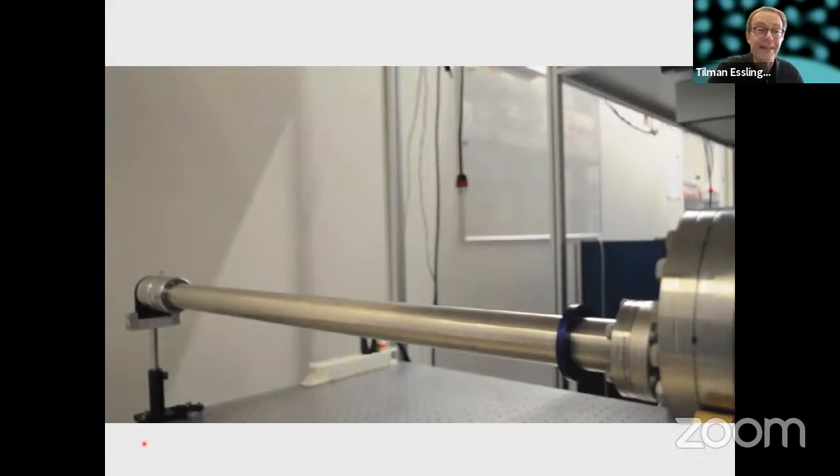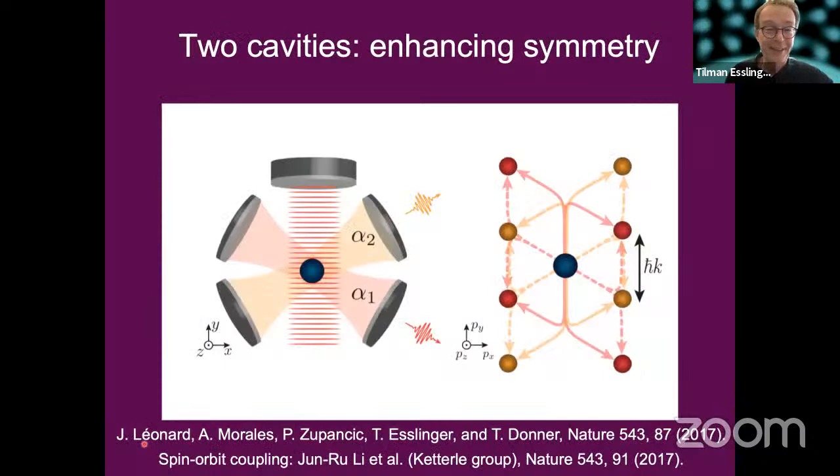Okay, so that is this setup where Julian Leonhardt and Tobias Donner were the heads behind it. Okay, so let's move on to the physics of this. And as I said, we have two cavities now. You have more combinations of how the photons can be scattered. And you have this continuous symmetry. So let's have a look